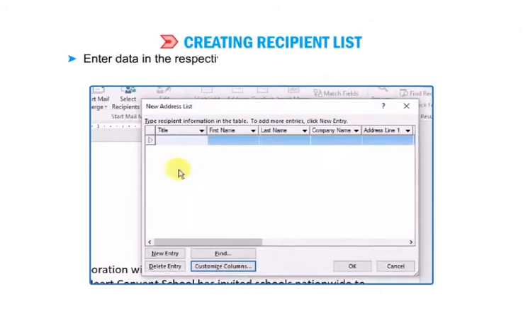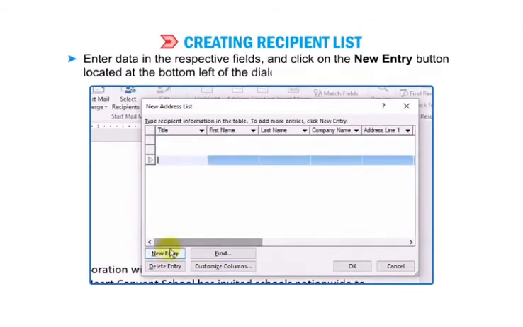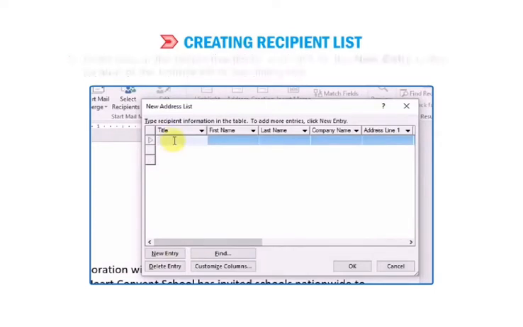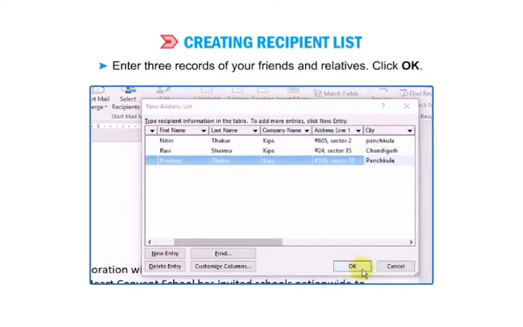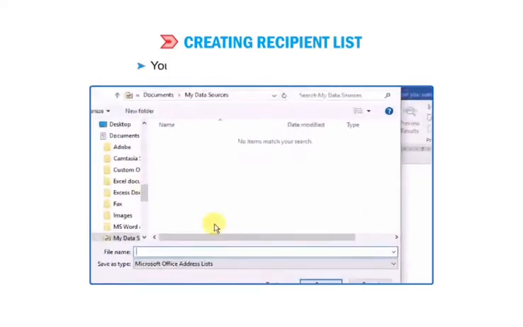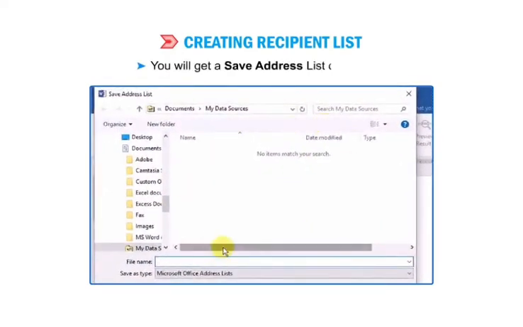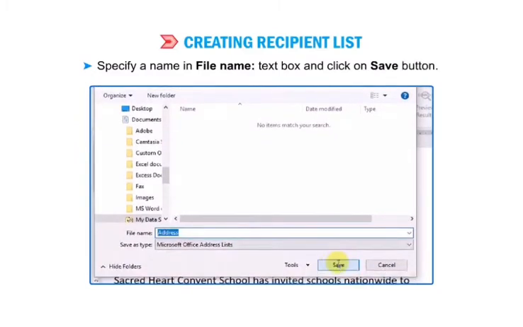Enter data in the respective fields and click on the New Entry button located at the bottom left of the dialog box. Enter 3 records of your friends and relatives. Click OK. You will get a Save Address List dialog box. Specify a name in the File Name text box and click on the Save button.